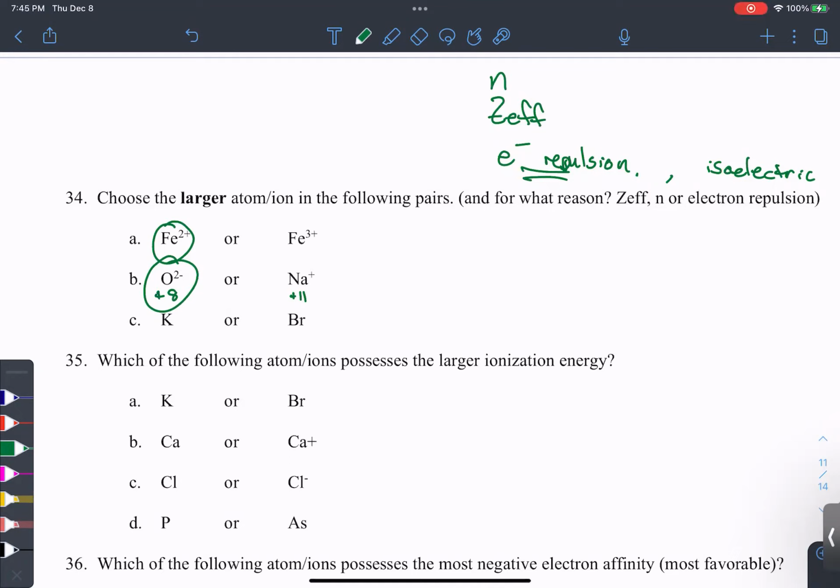Bromine? It's straight up potassium. Yeah. So this one's tricky because you might look at it and be like, okay, potassium's 19, bromine's 35. Wow, that's so much heavier. Bromine has to be bigger. It's not. It's not. Because the trends left to right across the periodic table, it actually has nothing to do